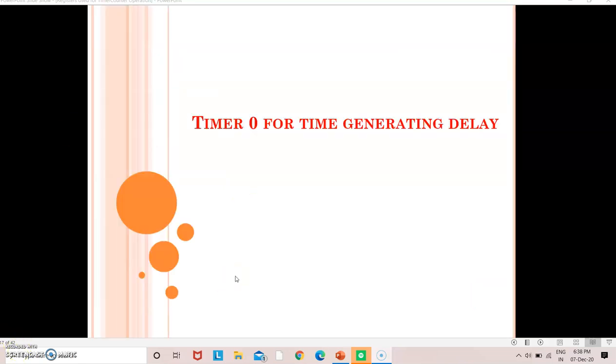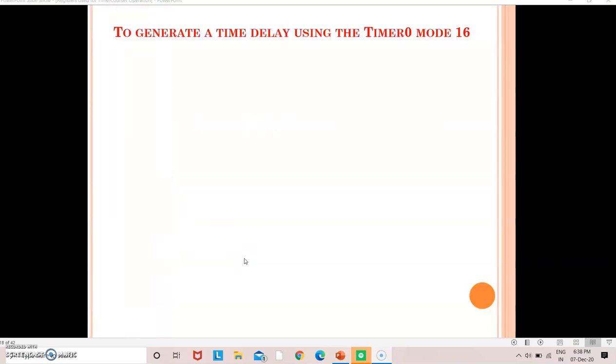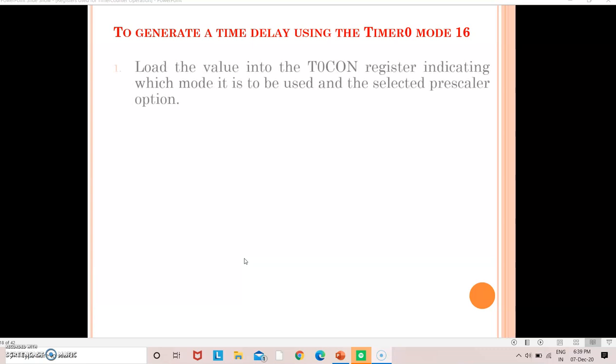Now in this particular segment, we are going to see timer 0 for generating the time delay. To generate a time delay using timer 0, I am using mode 16. First we are going to see it step by step. The first step is to load the value in the TCON register indicating which mode is to be used, and select the prescaler option.